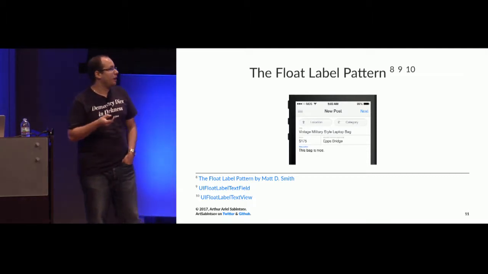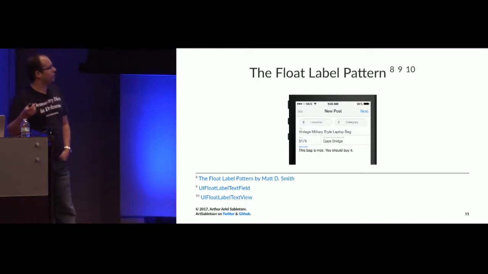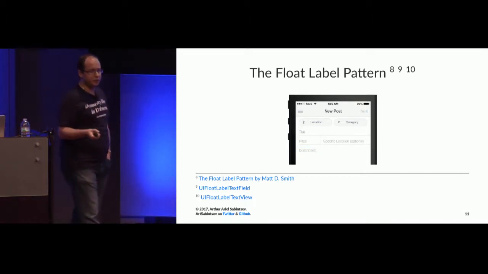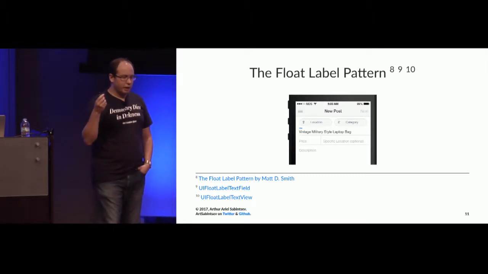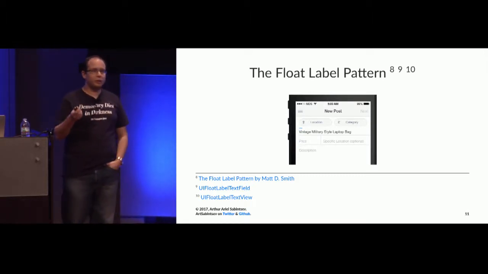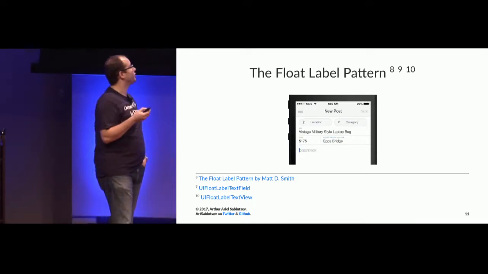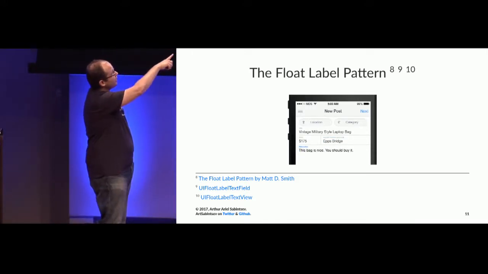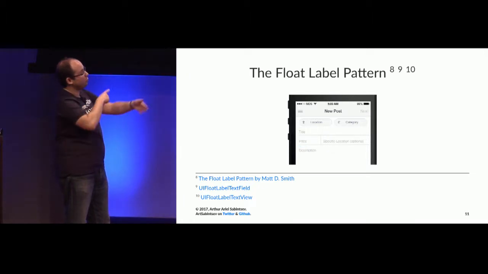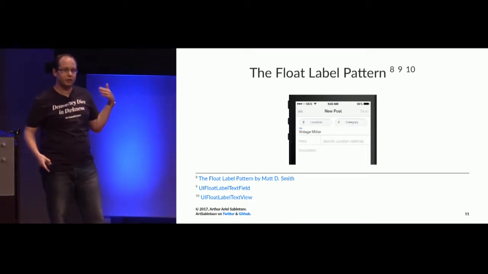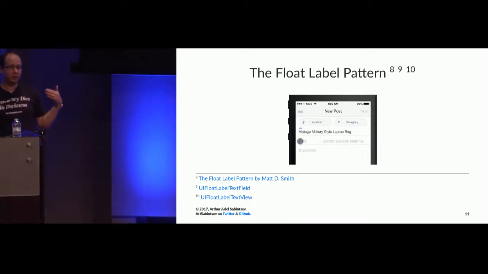An engineer or designer or both, I'm not sure, his name is Matt D. Smith. He created this pattern and put it online. And then a guy named Jared Verdi created the first iOS implementation, JVFloatLabeledTextField. But he missed one feature, which is this feature right here: all the text disappears one letter at a time. It animates out when you push the clear button on the text field.